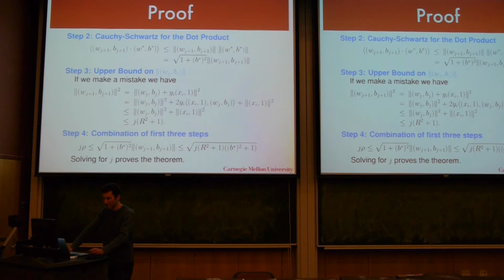Well, it's an expansion, right? So wj plus 1 equals wj plus yi xi. Remember, i and j are different indexes. i indexes how many observations I've seen so far. j indexes how many mistakes. So I could have gone on for 100 observations and not make a single mistake, and j would not move. So for the perceptron, in other words, it's really useful to make all the mistakes early. Anyway, here's the upper bound.